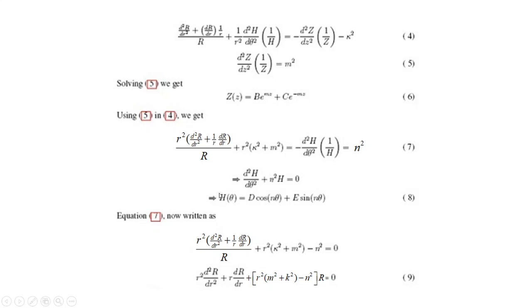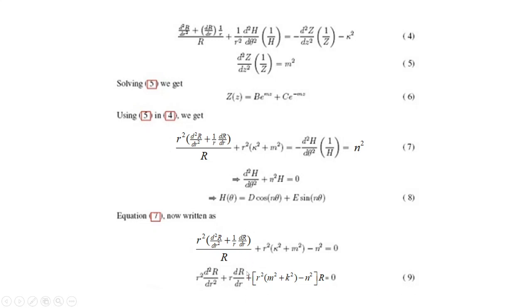So once again, just look at equation 8. We have got the function capital H. From 3 we got capital T, from 6 we got capital Z, and from 8 we got capital H. So only capital R has to be found, and for that we go back to equation 7, take the first term and equate it with n square. Bring n square to the left hand side, multiply throughout by capital R and simplify the numerator term. You are going to get equation 9. This is simple algebra which you can easily do.